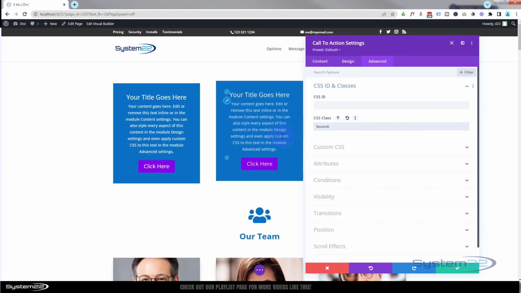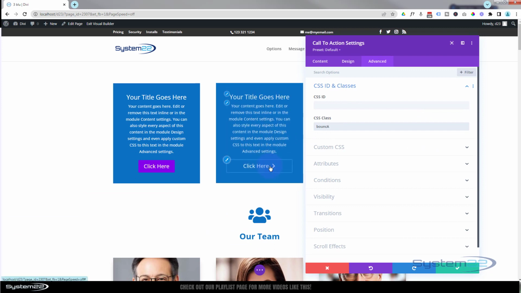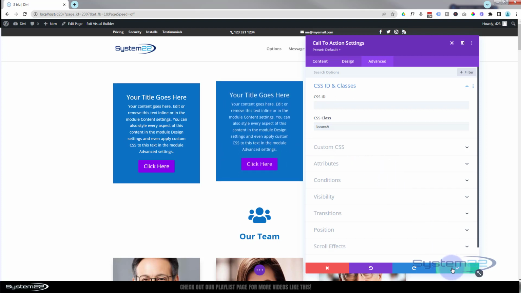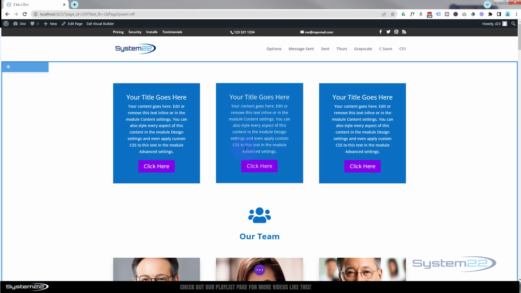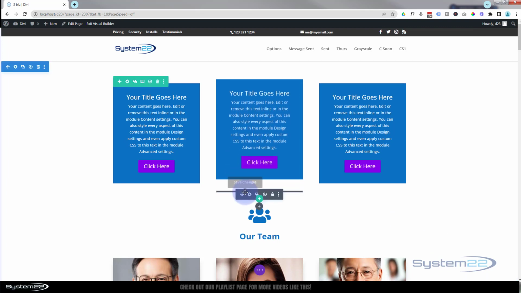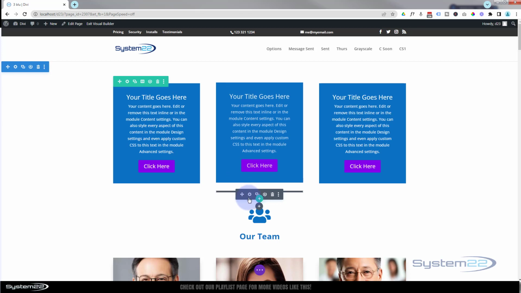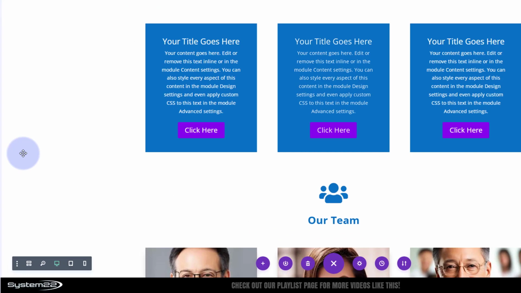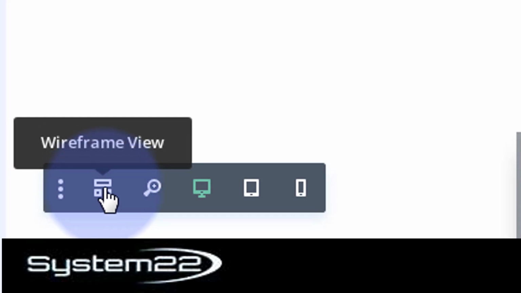Now, if you've got a button on there like I have, this will work with any module, by the way, and you want to actually stop it so it doesn't do that once they hover over it, we can just modify the code a little bit by going back in there. Let's go back into the code module. Code modules don't take up much real estate. I can get to mine easy here, but if you have trouble finding yours, which is not uncommon, you can always go to the back end, hit the little purple button, over to wireframe mode over here, little icon on the left, click on it,